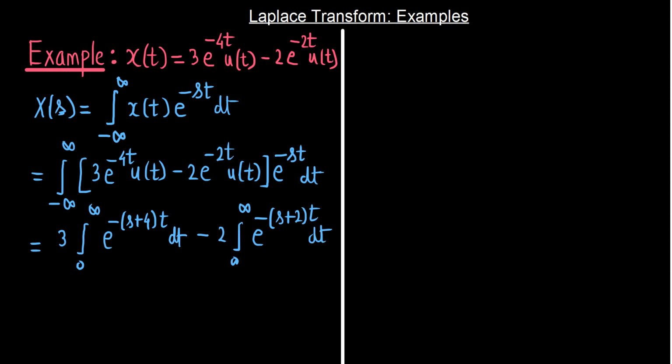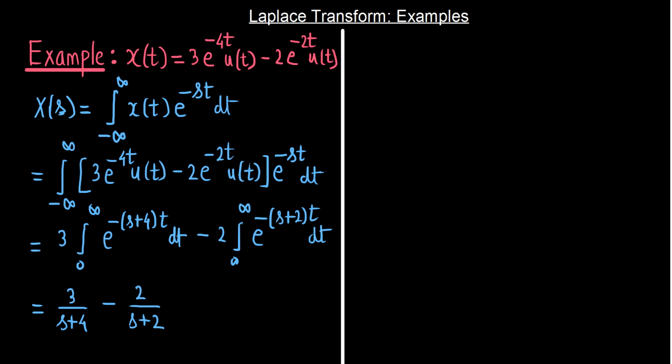And from the previous results, what we have seen so far, we can directly write this expression, that is going to be equal to 3 by (s plus 4) minus 2 by (s plus 2),